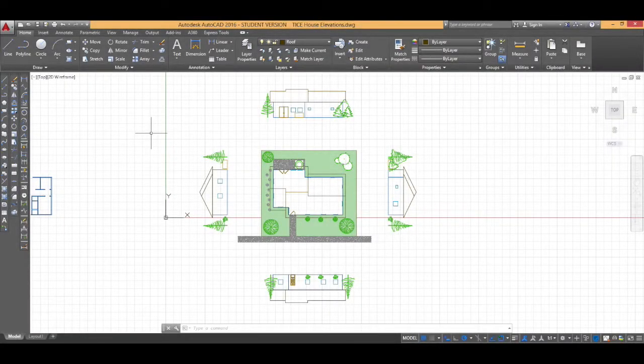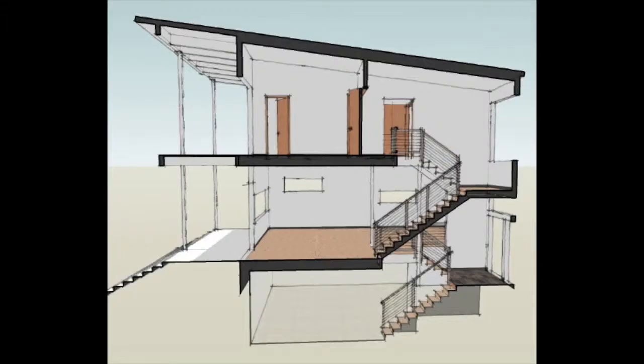Now that we've learned how to do elevations, we'll use a similar method to create interior elevations. Before we can do that, I'll need to show you how to create section views. Section views are essentially cuts through the middle of your home and are used to see what the inside of the house looks like from an elevation perspective, as well as to detail structural systems, such as a wall and